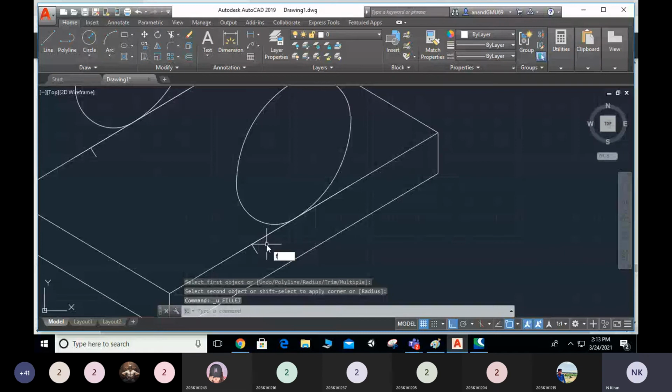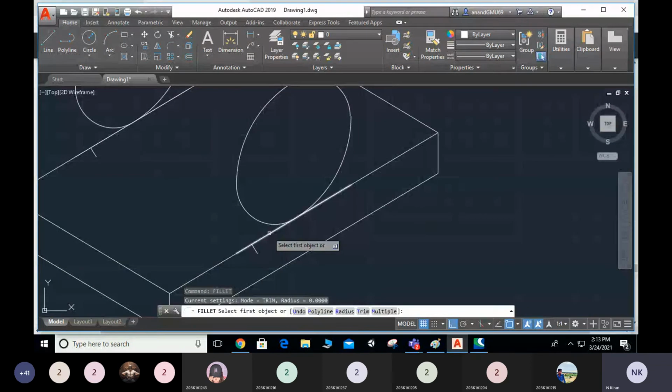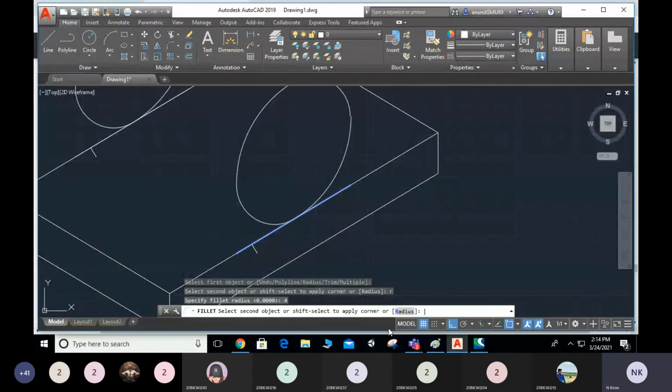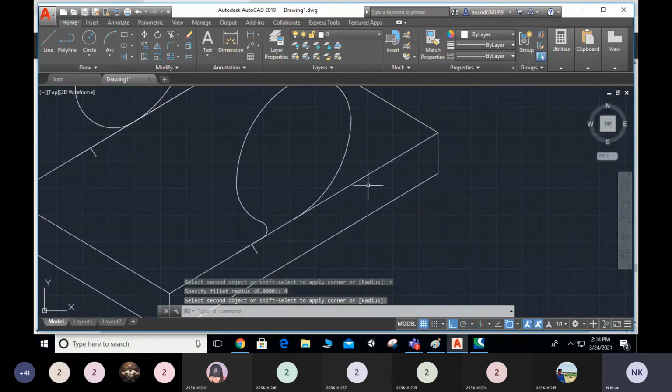Select first object, enter. Yeah, this is your fillet.